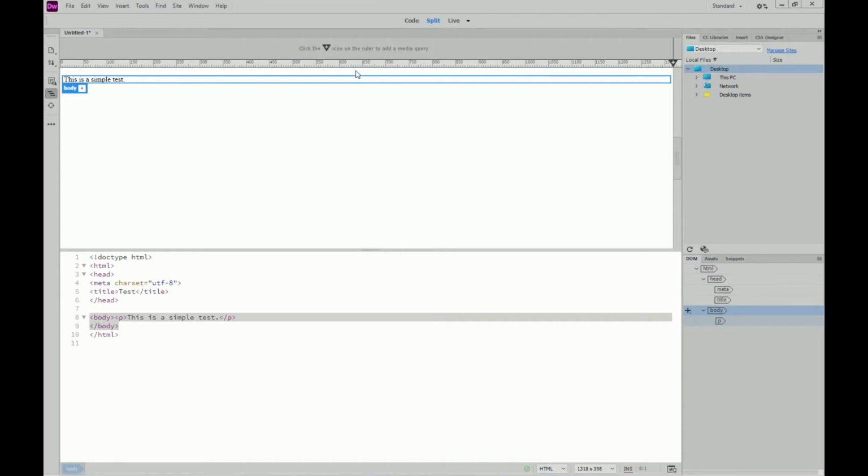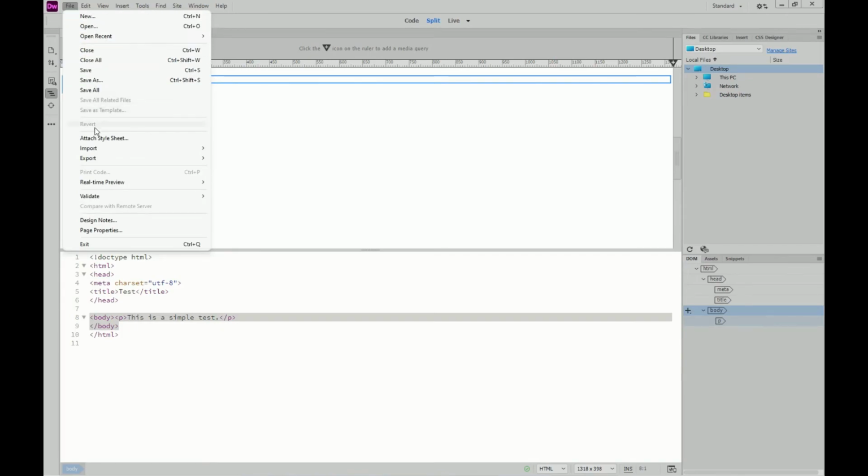So again, this is just a basic thing. Nothing hard has been done here. So for me to preview this, I have to actually open it in a web browser. The only browsers I have installed on this PC are probably Internet Explorer, which comes with Windows, Google Chrome, and Microsoft Edge. So to do that, you go to File, and you go to real-time preview and you choose